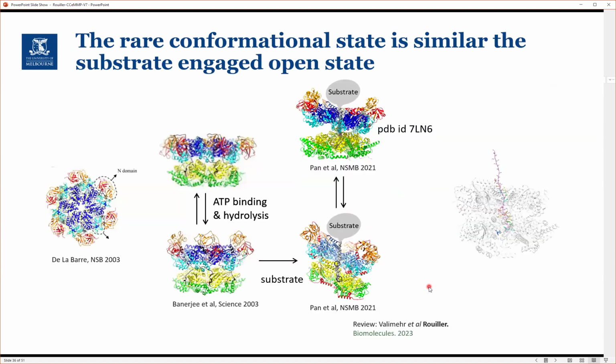It was also more interesting because this open conformation corresponds to a substrate-engaged conformation. Since the original studies from Baron de la Barre, which showed a coplanar conformation, there were a few high-resolution structures using cryo-EM, and most interestingly, recently there were some conformations that